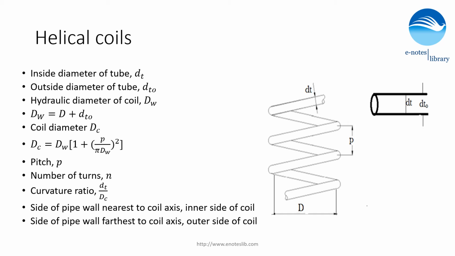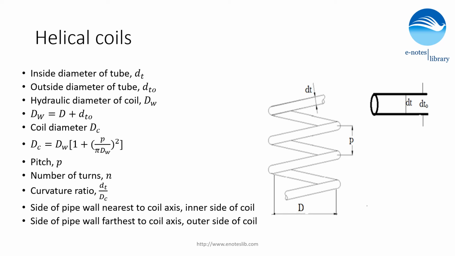Now before going to the dimensionless number, we are going to talk about the benefits of utilization of helical coils in industries. Why are more and more industries switching towards helical coils, helical coil based heat exchangers or other systems? The reason behind switching towards the helical coil is that the rate of heat transfer in helical coils is higher as compared to straight tubes. Another one is its compact structure.